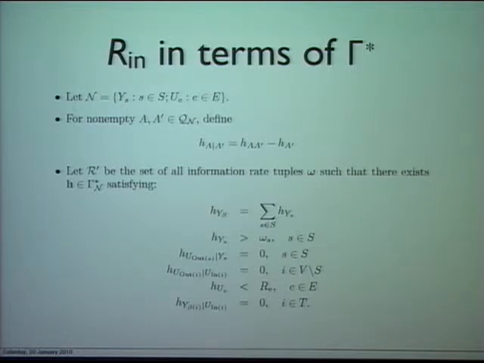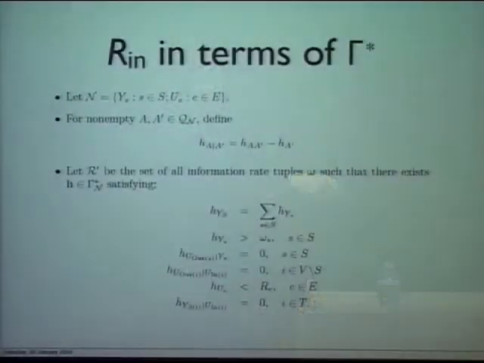And then R prime can be described in a different way in terms of this region gamma n star. We let R prime be the set of all information rate tuples omega such that there exists an entropy vector in this region satisfying H of Ys equal to the summation of H of Ys over all s, and then H of Ys bigger than omega s for all sources s, and then H of U out of s given Ys equal to 0, and H of U out of I given U in of I equal to 0. These two are the encoding constraints, namely that the output of the encoder must be a function of the input of the encoder. And then we have this rate constraint, H of Ue less than Re, the rate constraint for channel E. And then finally, we have this